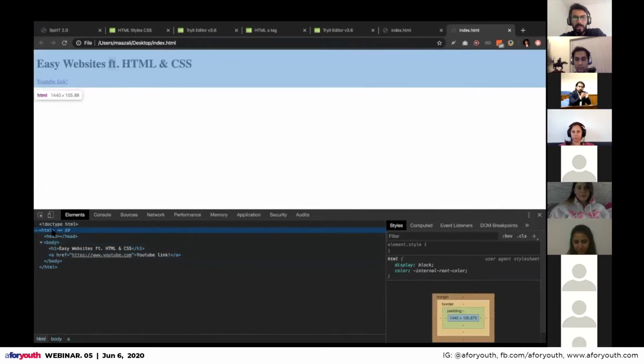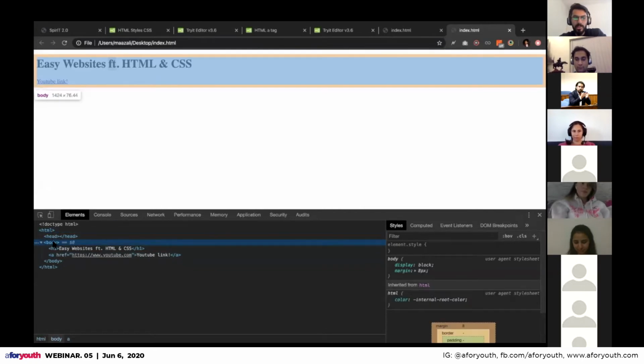So the HTML tag is the whole rectangle. Then inside it, the body tag is a rectangle as well. So it is a whole box.